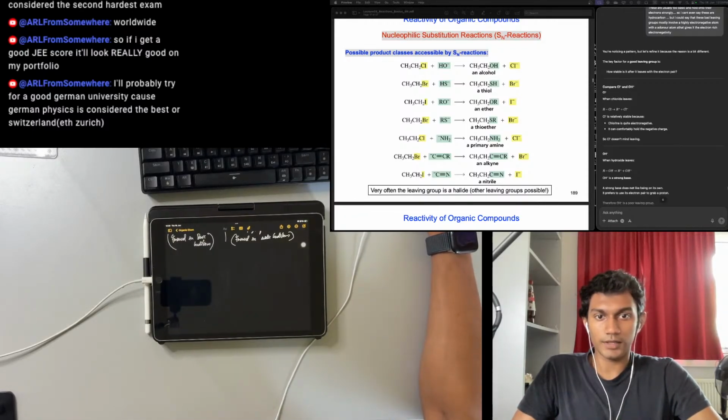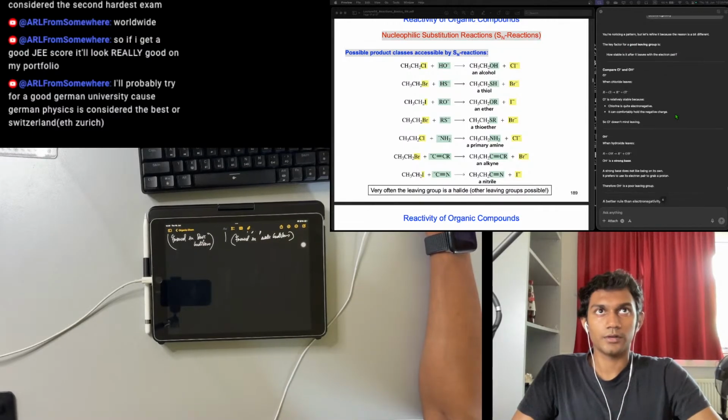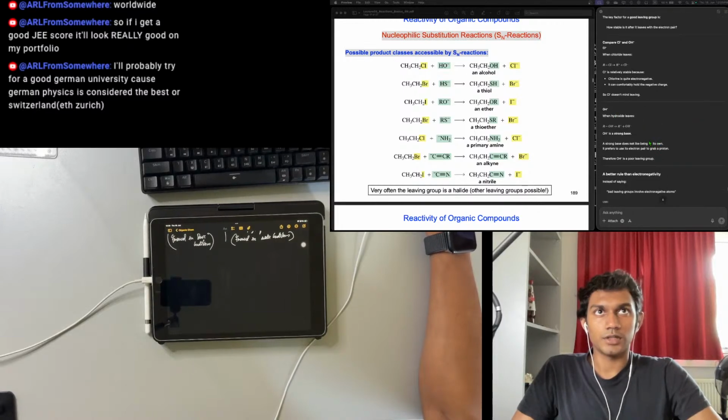But yeah, not gonna lie, it's good that you know what you wanna do. Let's refine it because the reason is a bit different. The key factor of a good leaving group is how stable it is after it leaves with the electron pair. When hydroxide leaves,